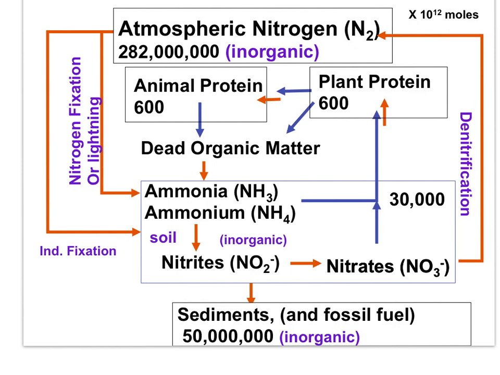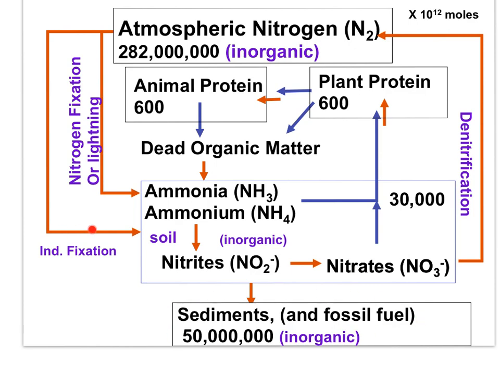In this image of the nitrogen cycle, I've added the magnitude of the storages, and I've added the lithosphere portion of the cycle. You can see that some nitrogen is stored in rock and fossil fuel, but notice the large storage of atmospheric nitrogen gas. This should make sense to you because nitrogen gas makes up nearly 80% of the Earth's atmosphere. The atmospheric storage is larger than the storage found in the Earth's sediments.